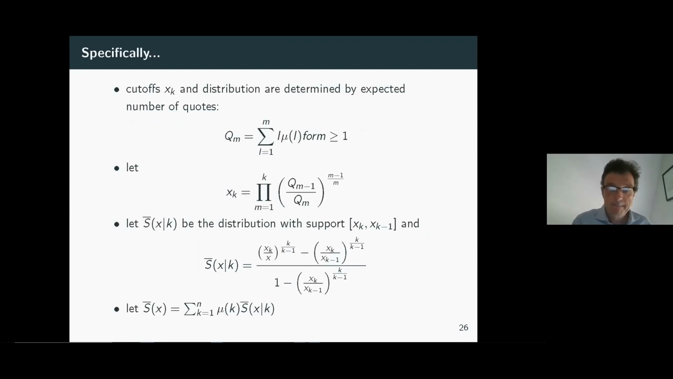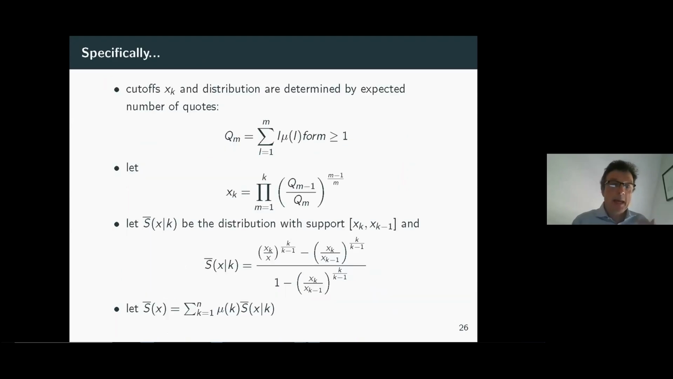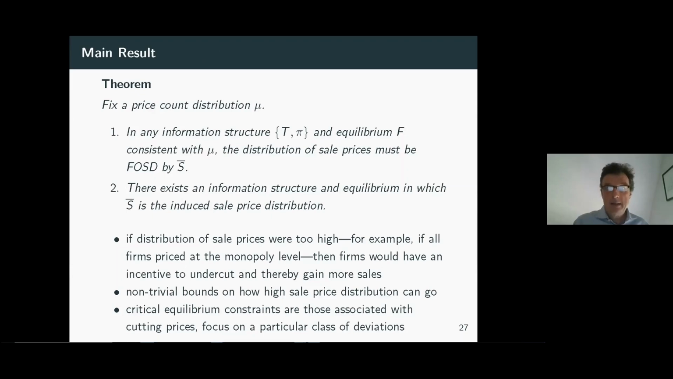Okay. Now we're ready. We basically have a candidate sales price distribution, S upper bar, that I constructed just from the primitives of the model. And the claim is that once we have any fixed price count distribution mu, then any information structure T, subject to the weak measurability conditions, and any equilibrium that's associated with this information structure and is consistent, that is, projects down to the same price count distribution, the equilibrium distribution of those sales prices must be first order stochastically dominated by the candidate S upper bar